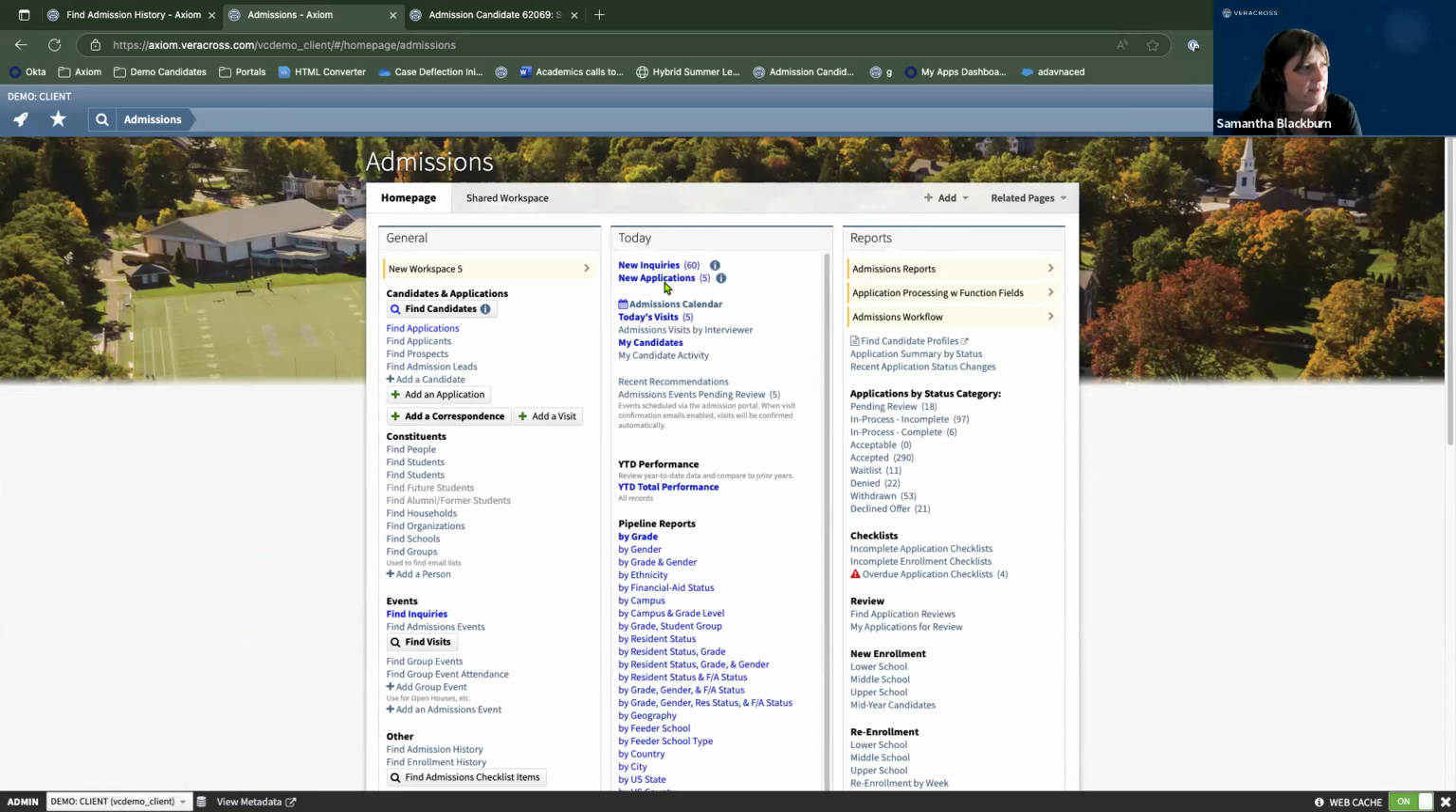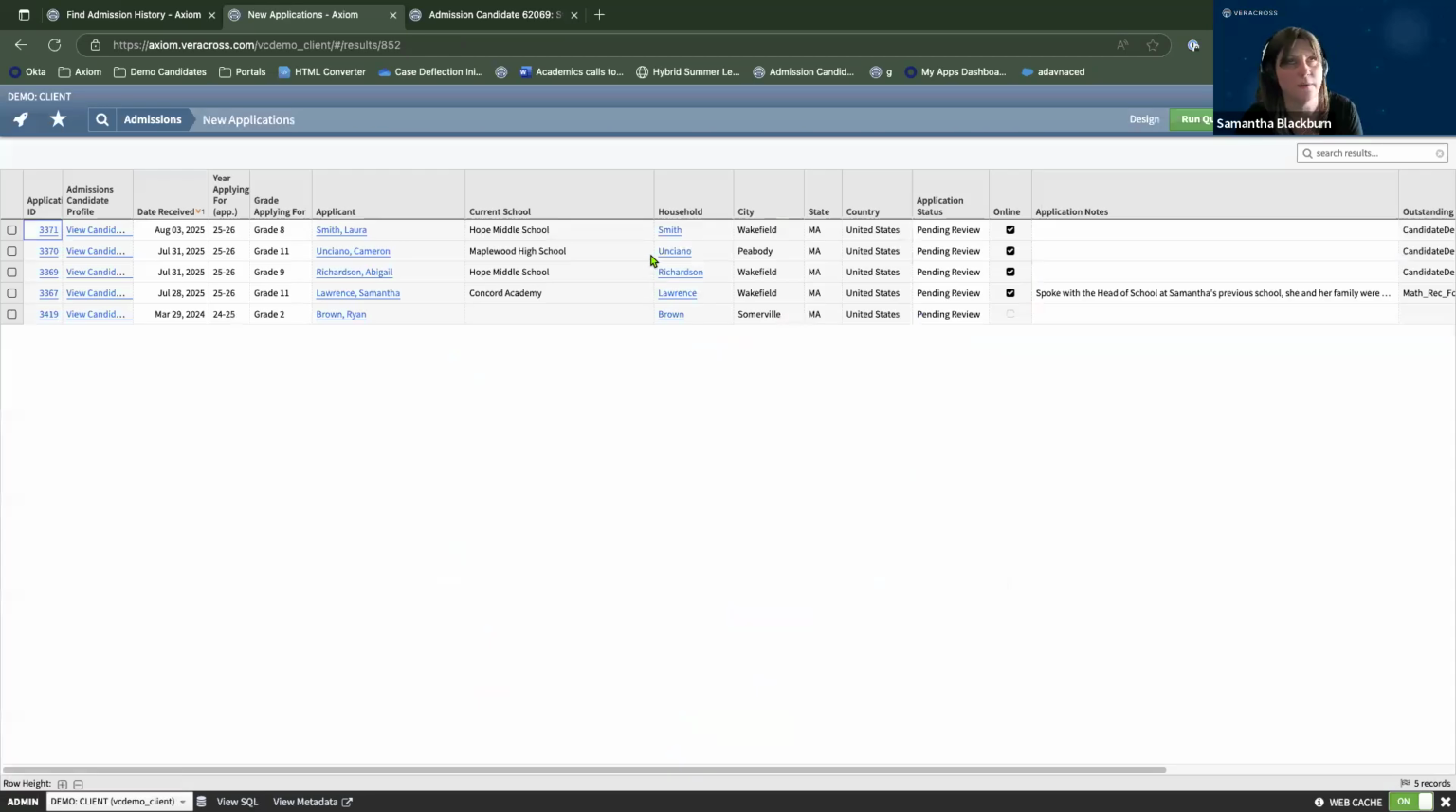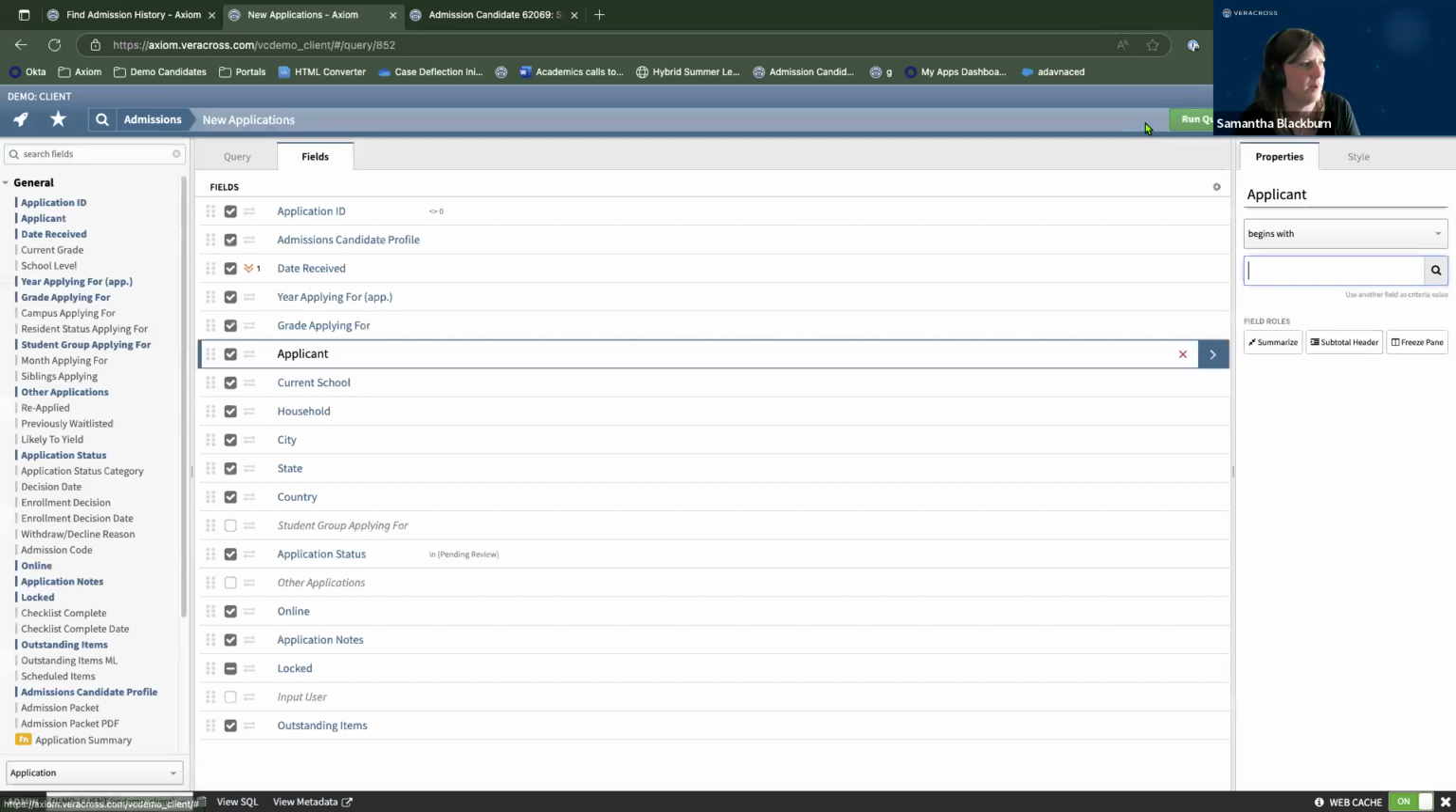So we looked at new inquiries. This one, just to point out, can be a little confusing. This says new applications. So for me, I would think new application, so I would think that that is a candidate who just completed all of their items, so now they've become an applicant. It is not. If I go into the design of the query, we can see that the filtering on it